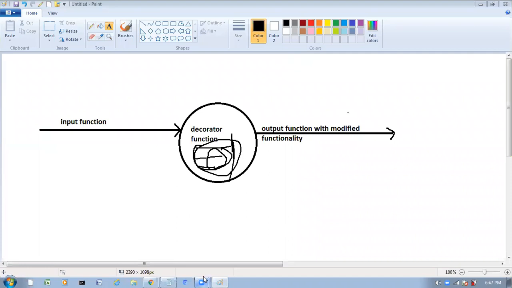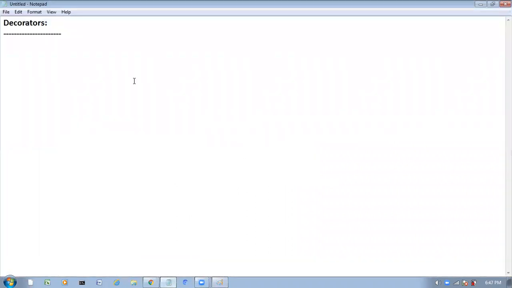Right. So now here, I will note down this definition. Decorator is a function.